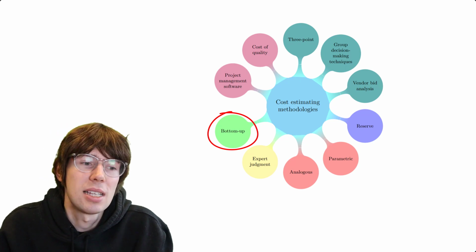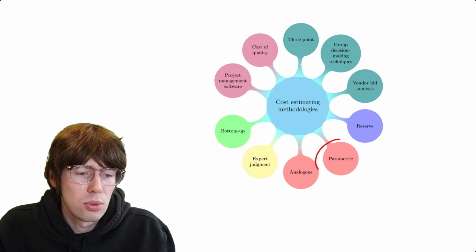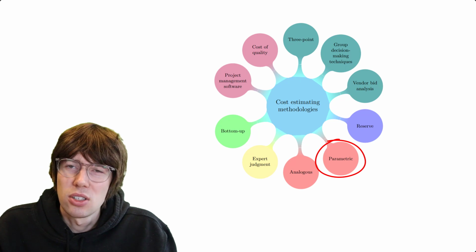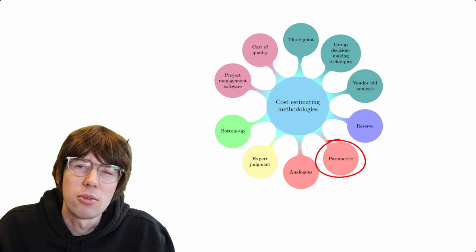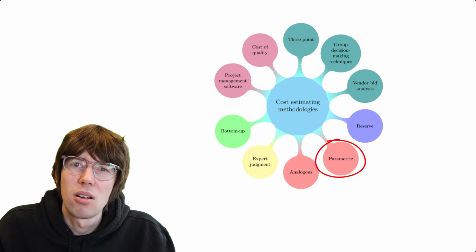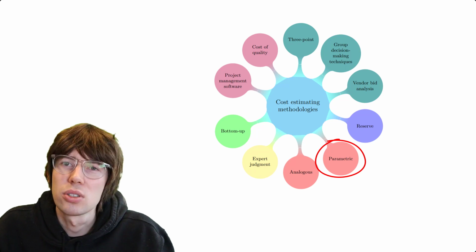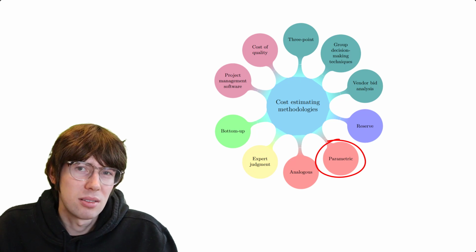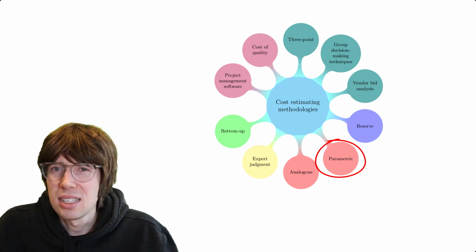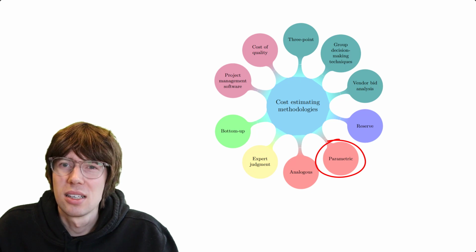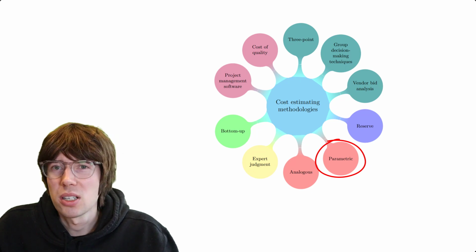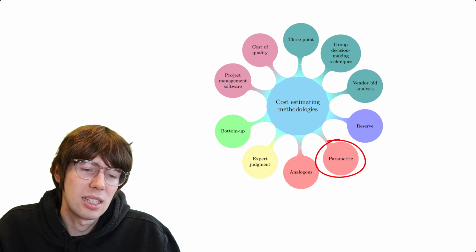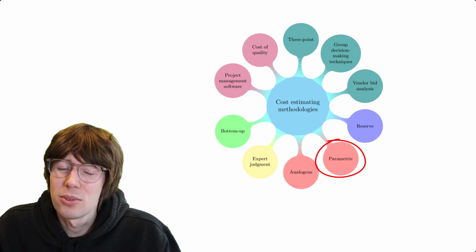Basically anything works here. When it comes to parametric cost estimation, this is basically just statistical modeling, empirical modeling, regression analysis, econometrics. So there are hundreds of books that you can use here. I probably have to come up with a specific one, but any kind of book about statistics or econometrics or regression analysis. There probably is a dedicated chapter on regression analysis in machine learning books. So this is very much academized, so I will put in something there.